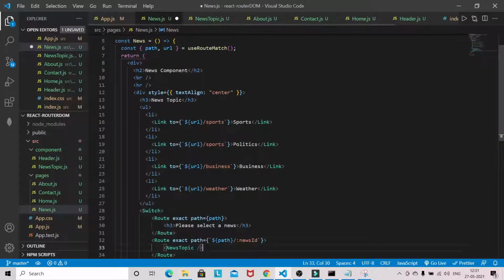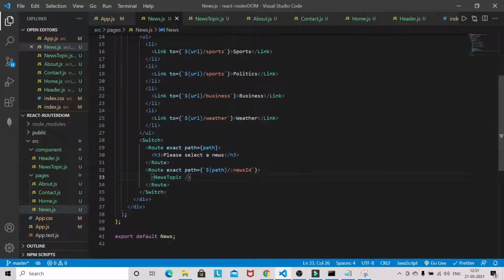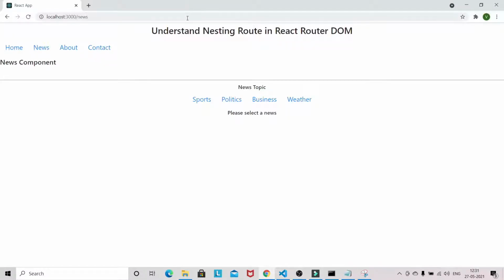VS Code automatically imports it. Let's see. The moment I click, it is getting rendered. Now we have to render the topic here, whatever the user clicks on.